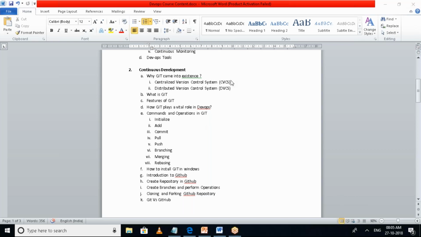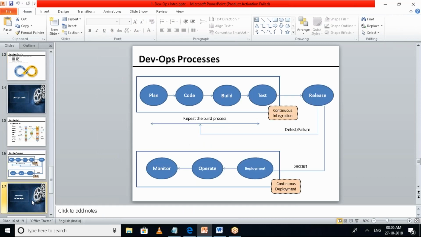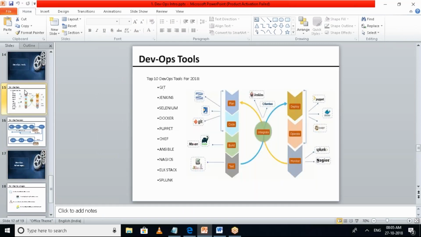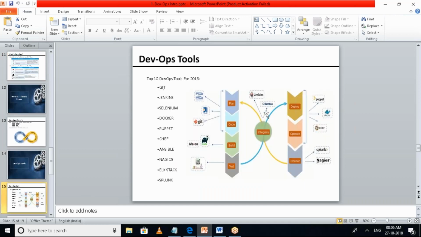Yes. If you remember, I was mentioning cost in one of the advantages, less spending. We're going to use a lot of tools. If all of these tools are licensed and you have to pay for them, it doesn't make sense: you may be building your software very quickly and with good quality, but if you're spending too much money, that doesn't make sense to the organization.